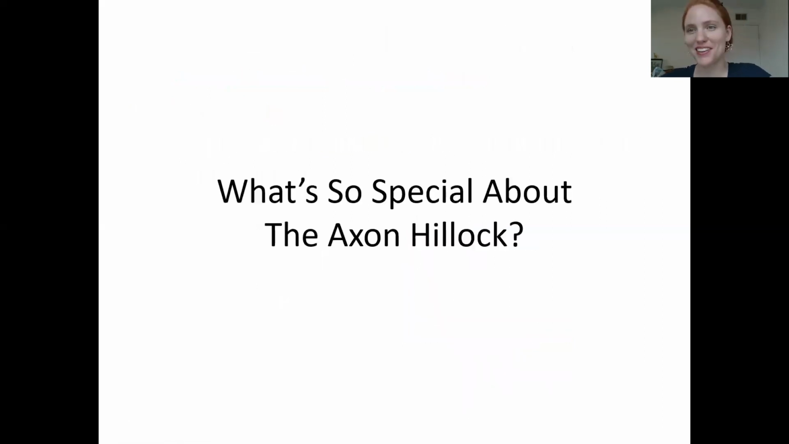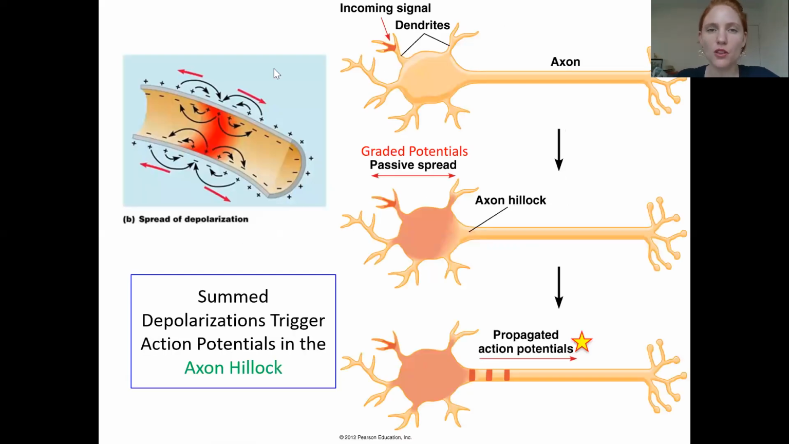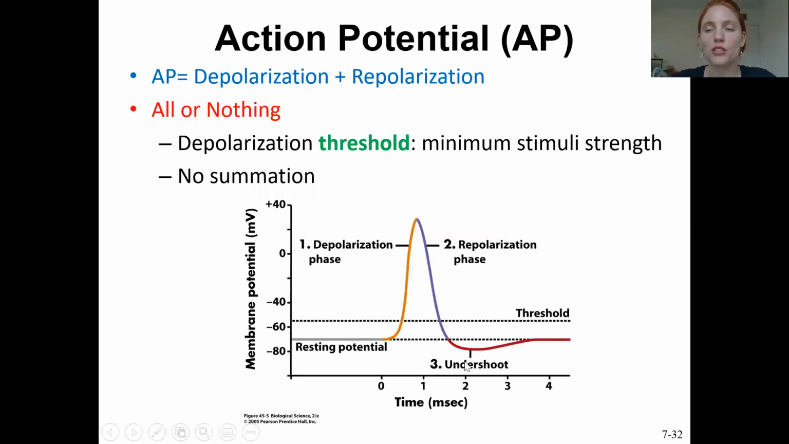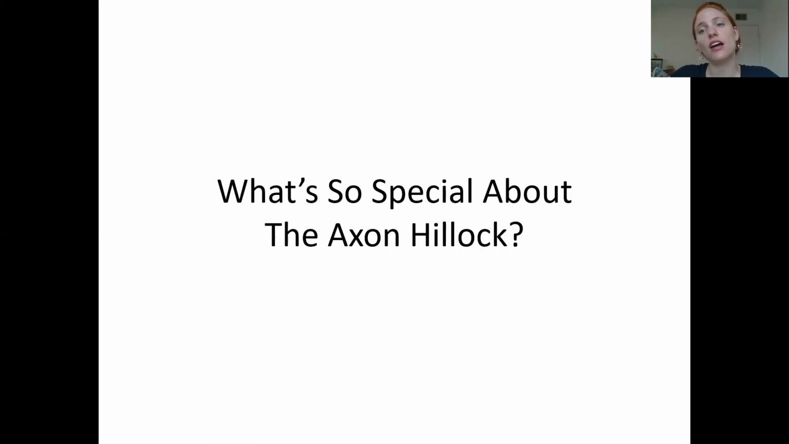Okay, so now let's go to the question I thought we were going to do: what's so special about the axon hillock? If you recall, up until this point, once you have a stimulus, you just have graded potentials spreading and decaying outwards, and you don't create action potentials until you reach the axon hillock, which is the very beginning part of the neuron. So what does the axon hillock have that the other places do not? It has a specific structure, and those are